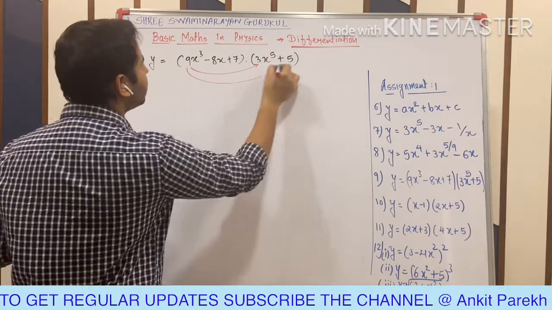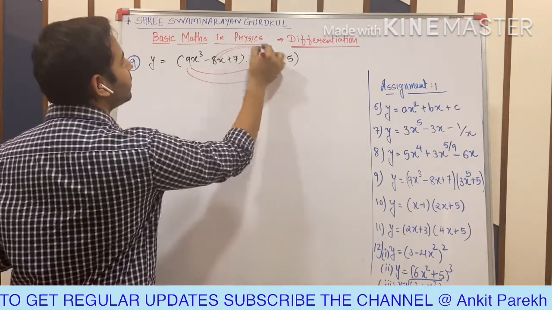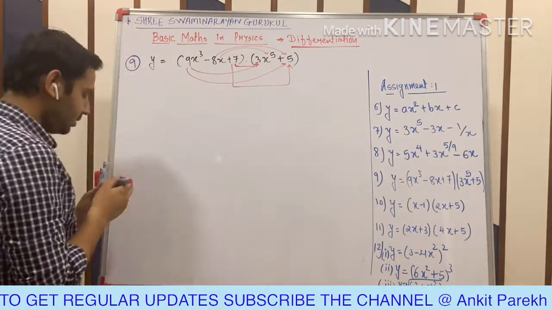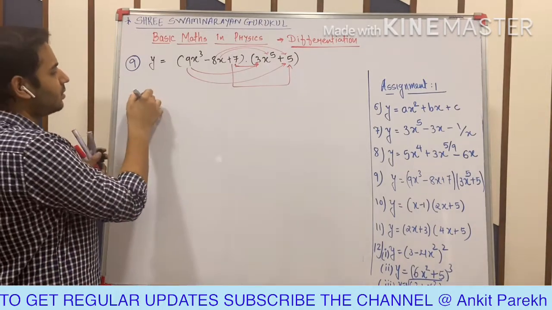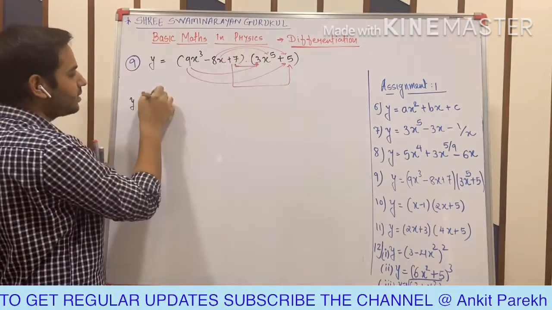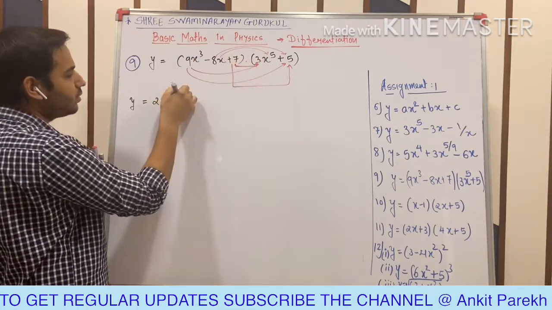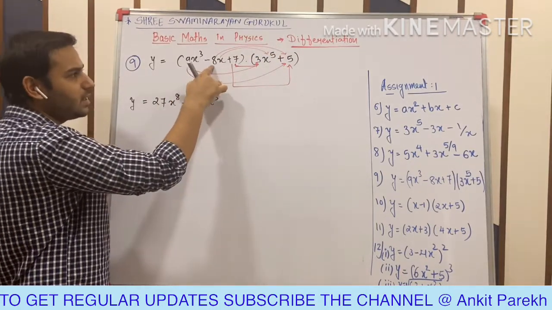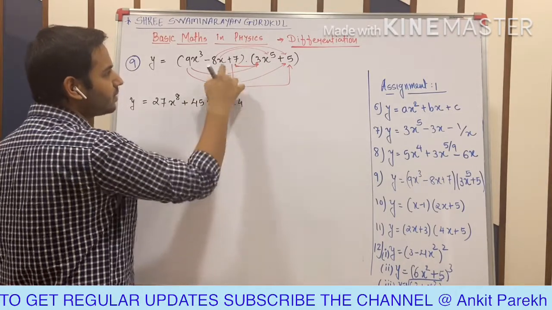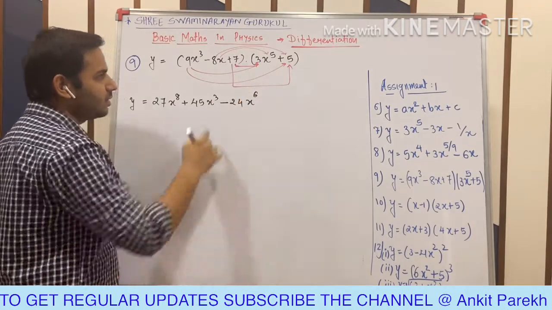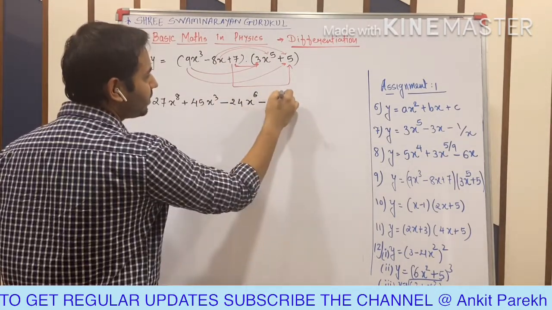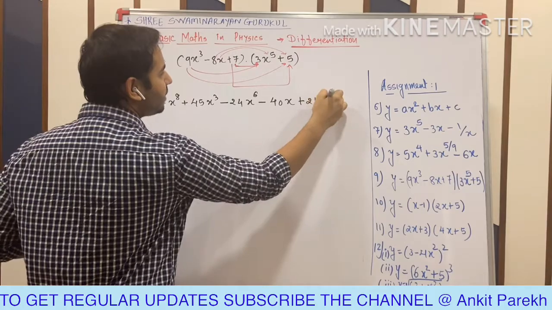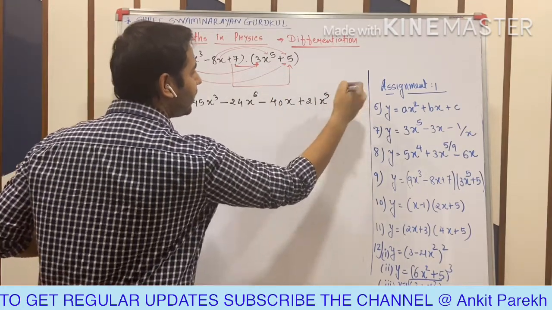First, second, and third with third. So the simplified version of y, 9 3s are 27, x raised to 3, x raised to 5, x raised to 8, then this plus 9 5s are 45 x cube, then minus 8x into this, 8 3s are 24 minus x raised to 5, you can write x raised to 6, then 8 5s are minus 40, here minus 8 is there, and x, then the 7 3s are 21 x raised to 5, 7 5s are 35.